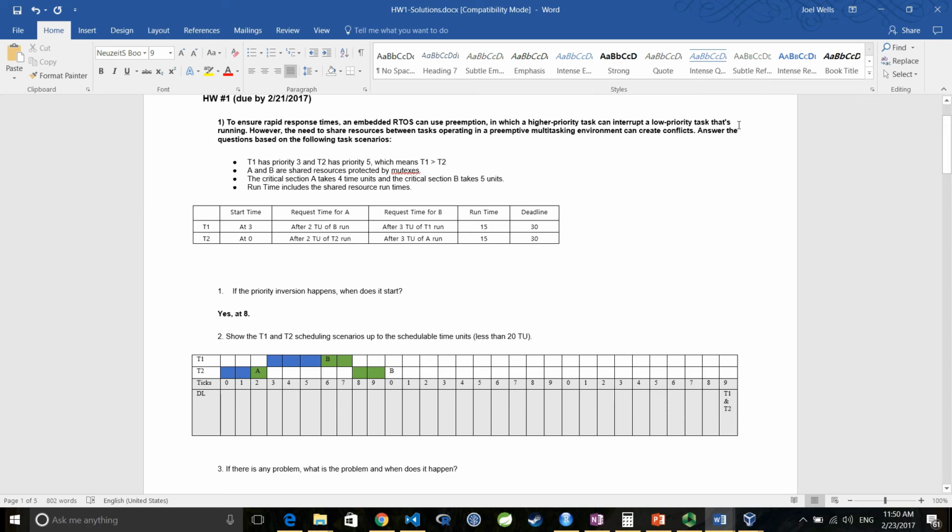Okay, so our scenario, kind of complicated, right? Even though we've only got 2 processes, one of them, T2, arrives at 0, T1 arrives at 3, and then you've got these 2 resources in play, A and B. And the sequence in which these guys request these resources is different. So T2, which is the first arriving process, is going to ask for A first, after 2 time units, right here, and then B, after 3 more time units